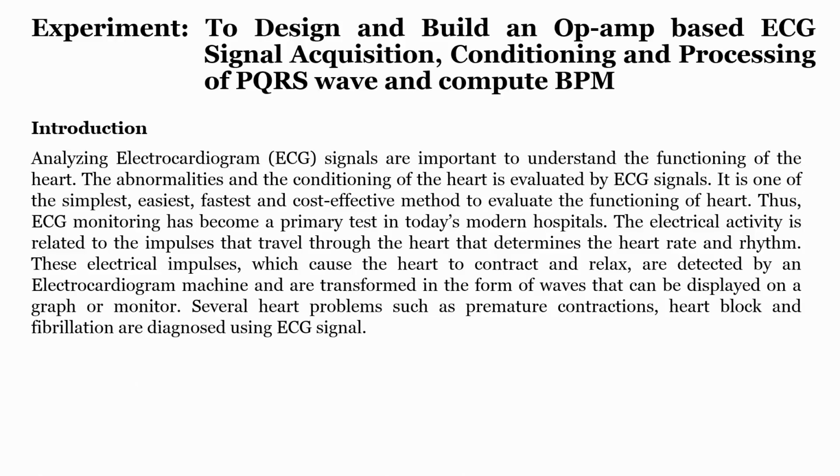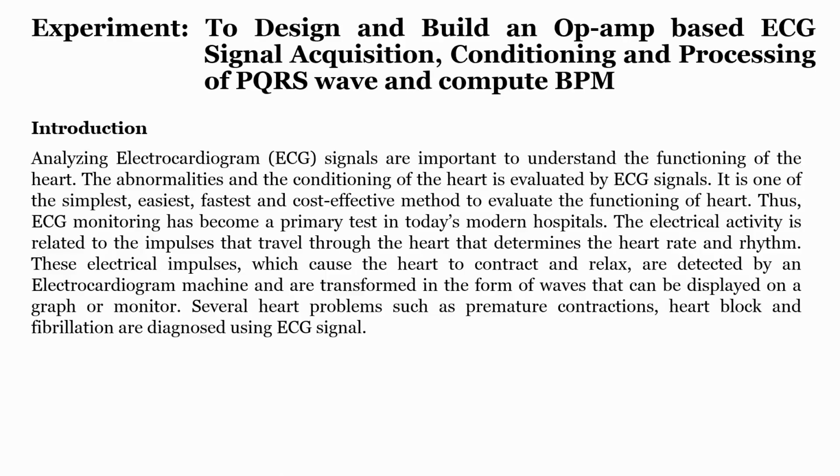The electrical activity is related to the impulses that travel through the heart that determine the heart rate and rhythm. Now, we know that in the case of the heart, the electrical signals are the signals that help the heart to pump evenly. If there is a misfiring of signal or if the signals are too high, then there is something called arrhythmia. If there is a misfiring of signal and the heart beats unevenly, it is called atrial fibrillation. So, how to determine whether a person's heart is working normally or it has arrhythmia or atrial fibrillation, that is, a problem with the electrical signals in the heart, right.